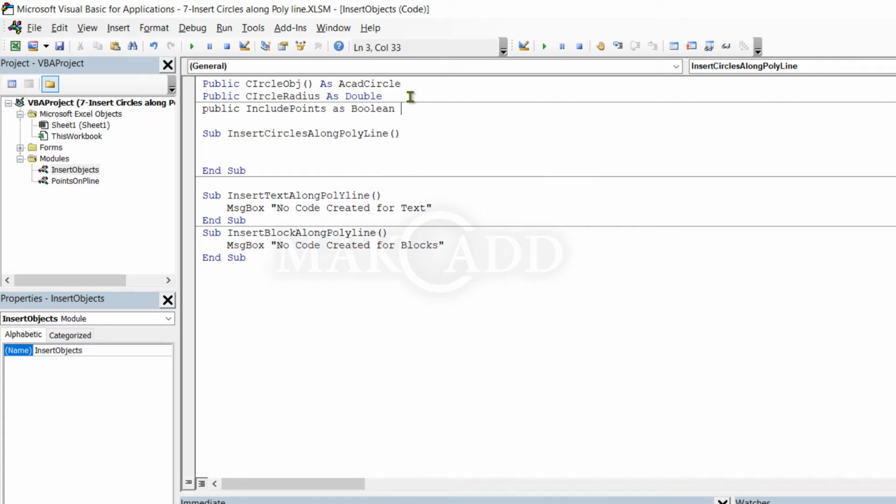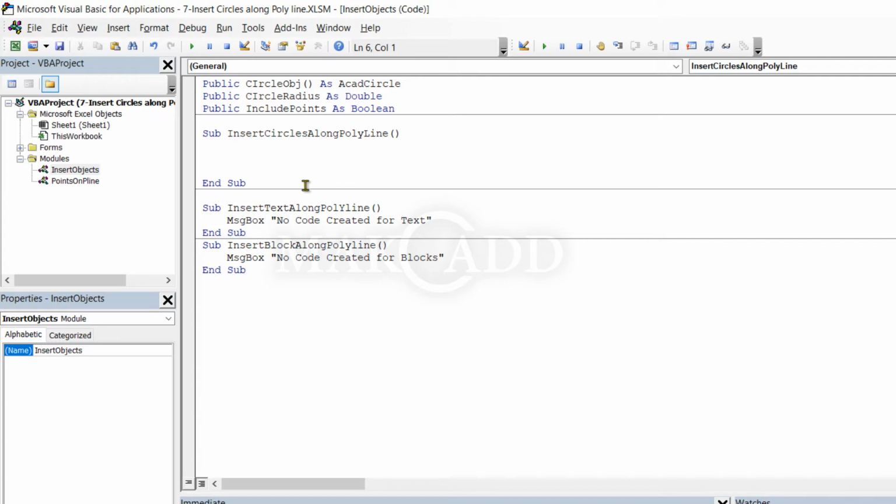Include points is declared as Boolean data. And here declare the variable for center point as a 3-dimensional array 0 to 2. We can declare it inside because we use it only in this procedure.